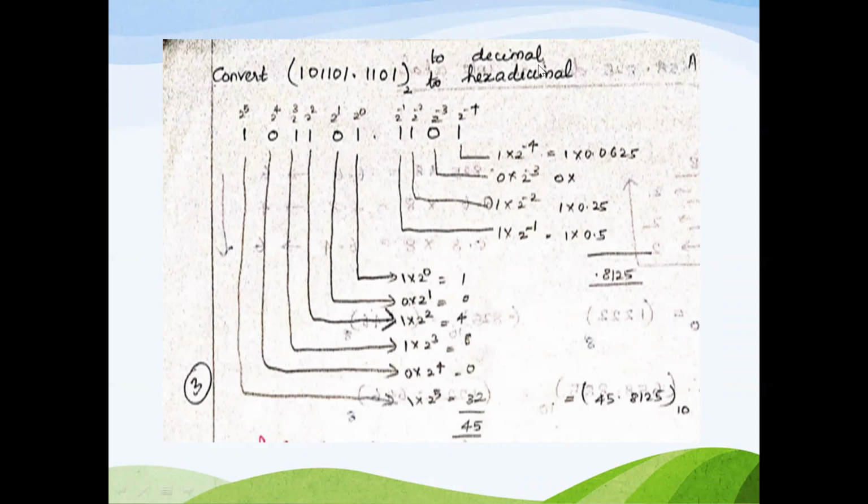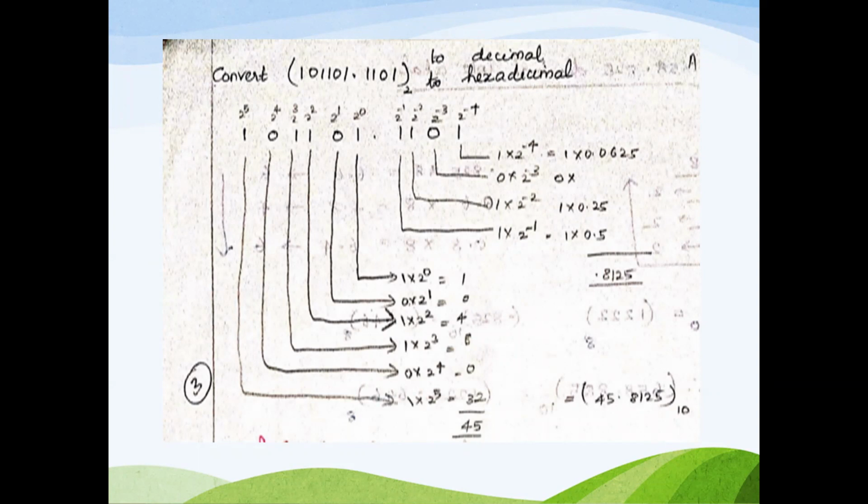Finally I have ended with this problem, converting this binary number into decimal as well as hexadecimal. How this can be converted into a decimal number system we have discussed earlier. It has to be given in terms of radix to the power of its position. So 2 power 0, 2 power 1, 2 power 2, 2 power 5. Similarly it has to be added up, and you will get the final result as 45.8125 to the base of 10.